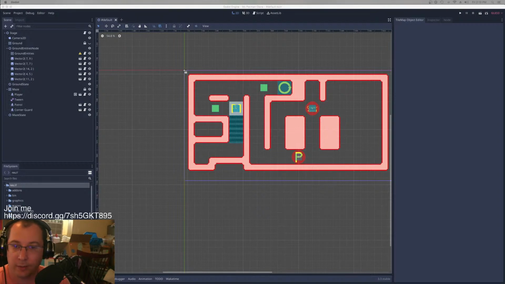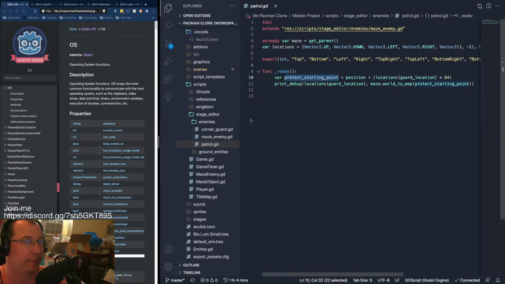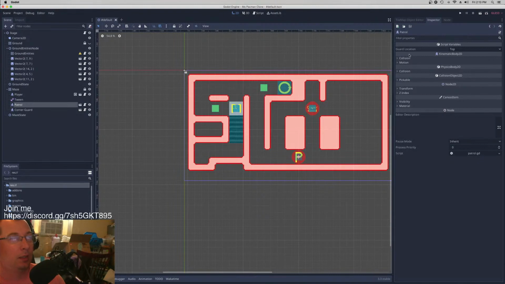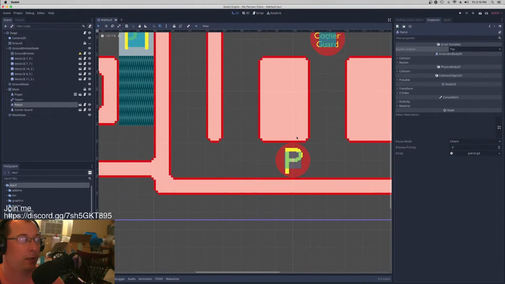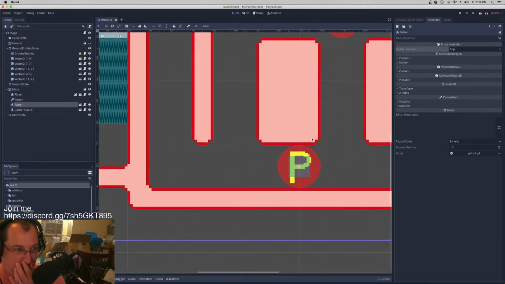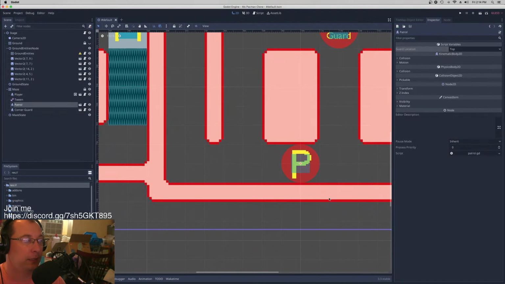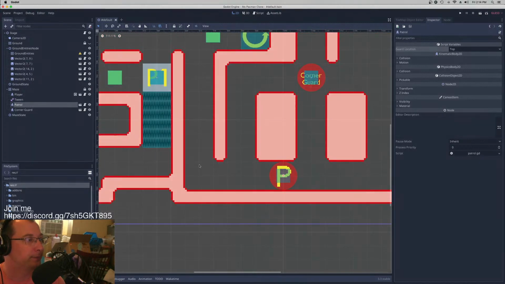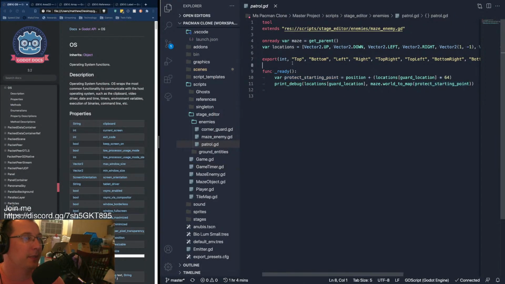So let me explain. We've got this thing called a patrol that we put down on the board here, and the deal is you set a guard location, and this tells it where it's gonna patrol. In the case here, we're telling it to look up, basically top. Then if it sees this wall here, we need to build a patrol path going around the wall, right? So I suppose that means we need,